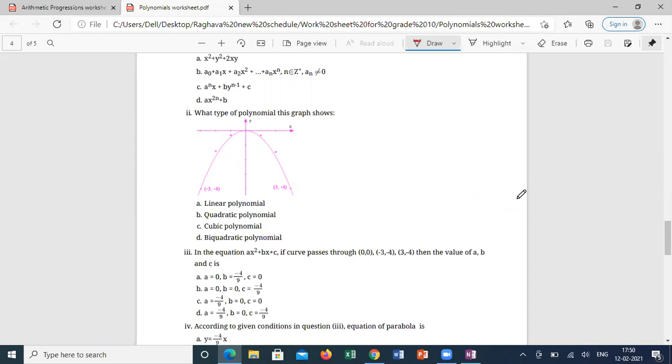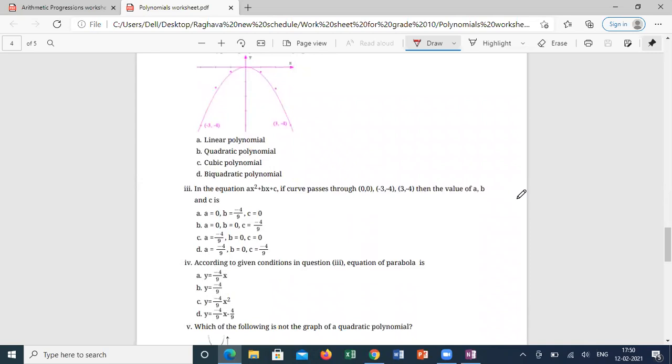Third question. In the third and fourth only, I am not able to do, sir. In the equation ax square plus bx plus c, if the curve passes through 0, 0, minus 3, minus 4, 3, minus 4, then the value of a, b, c is. That means